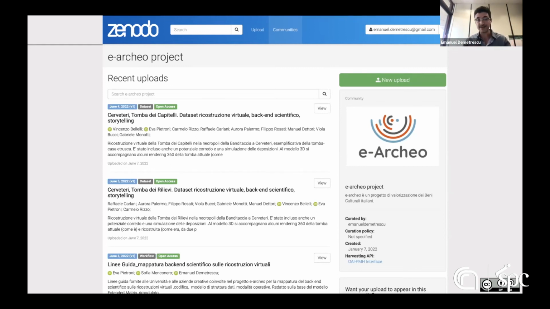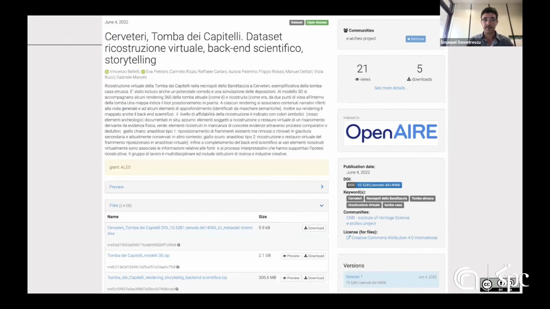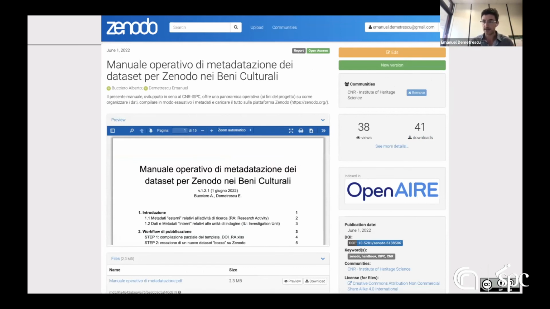And here we have the Cerveteri tomb of relief and the capital tomb with all the dataset with all the files here that can be downloaded and reused according to a specific license in order to improve the study of the context. And we are also as CNR the authors of guidelines at national level, and that can lead to a correct use of Zenodo to publish the datasets. And it's exactly what it's possible to do with the Georgia